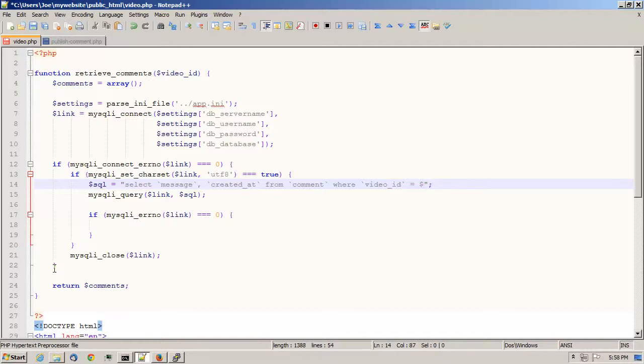And the video ID will be passed in as an argument to this function, so I'll just use a video ID parameter. And PHP will automatically take the $video ID and put in the argument that I passed in to this function. I'm also putting back ticks, and back tick is the key to the left